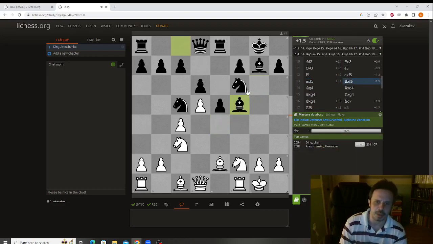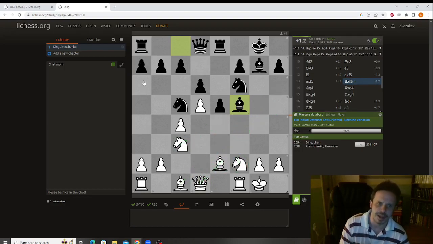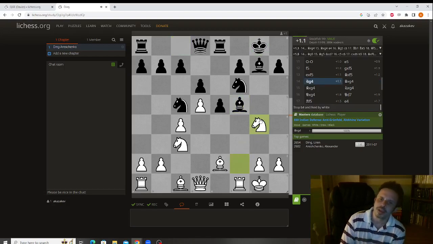What does Ding get? Well, he gets an open line for the rook. He gets a lot of pieces which can potentially go and attack the king. And Black is still a little bit behind in development. This rook is not playing, this knight is playing, but he can't really help the king. So what does Ding do? Ding tries to trade off some of the pieces that defend the king,